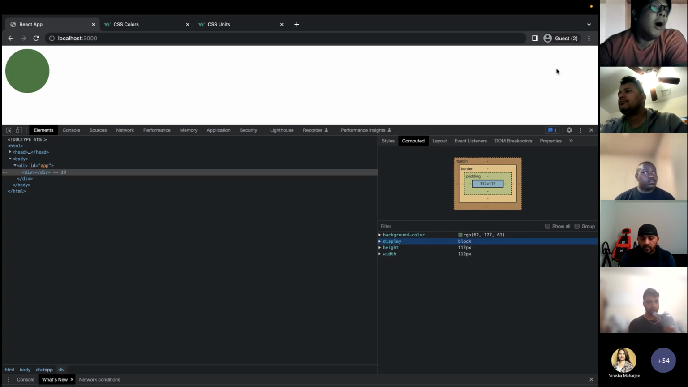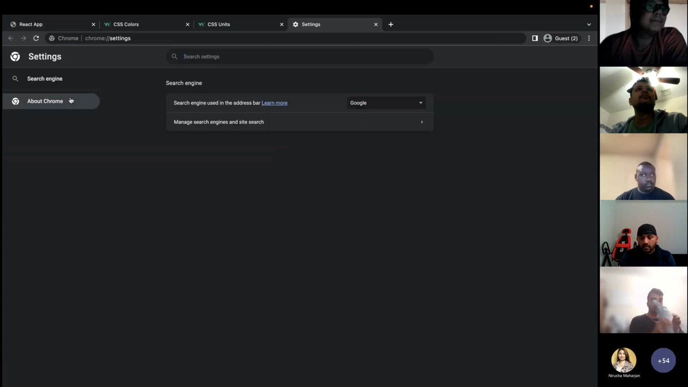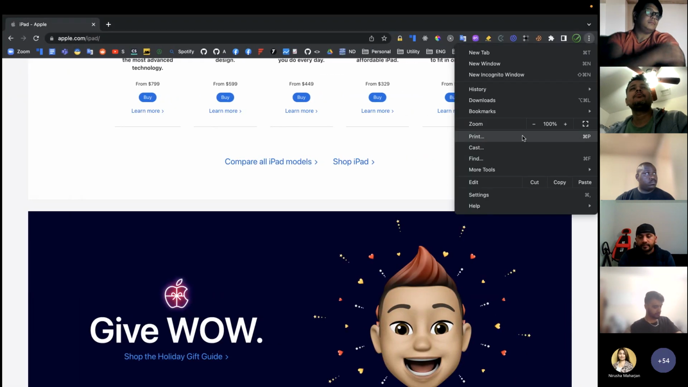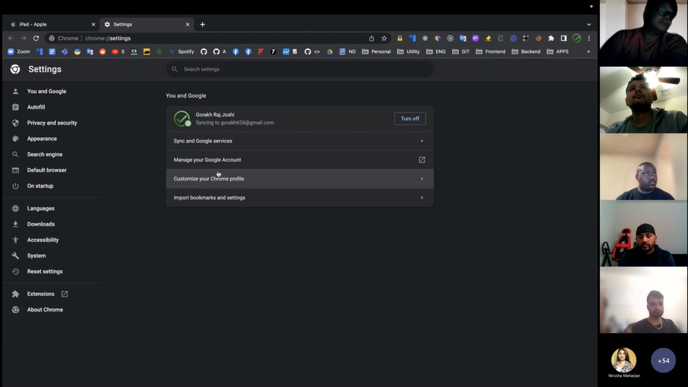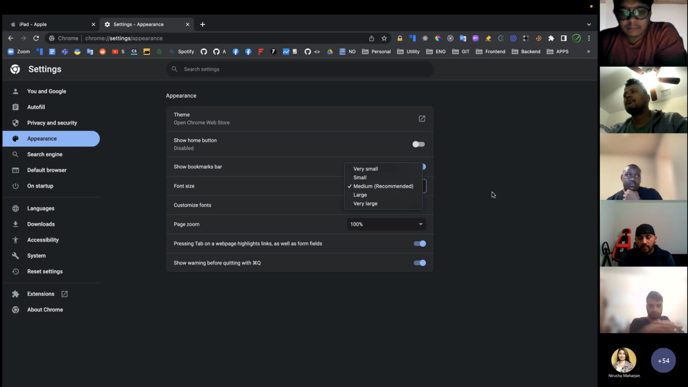Otherwise, you can go to your Google browser setting. I'm in incognito mode, maybe I cannot see it in this mode. Let me go from here, browser setting, and let me go to appearance. And you can see font size is medium. So what does that medium mean? Maybe it has actually